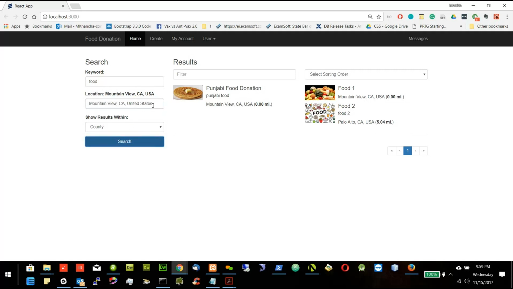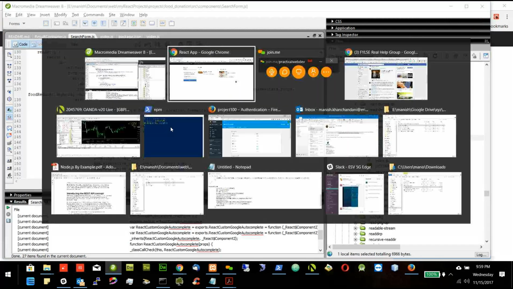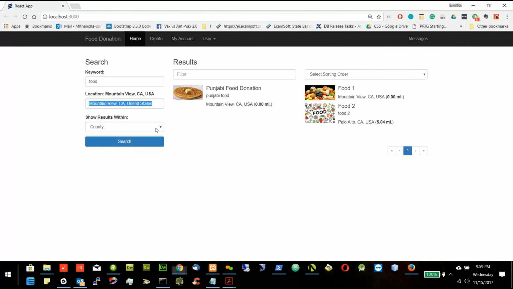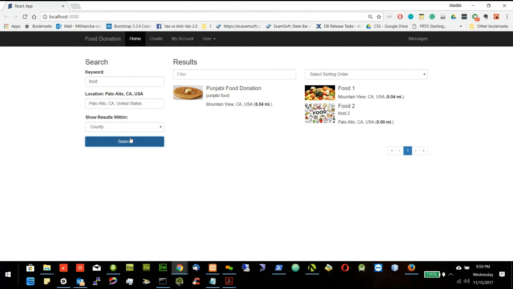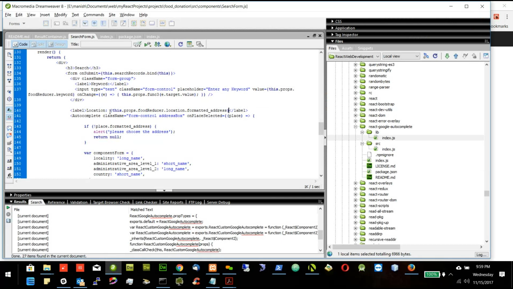He can change to different location, Palo Alto, so he's able to change it here, but when he refreshes the page, he will be able to see here, not exactly here. Okay, so maybe I can try to work on this autocomplete because this is third party tool, and